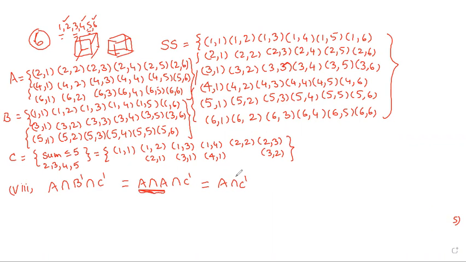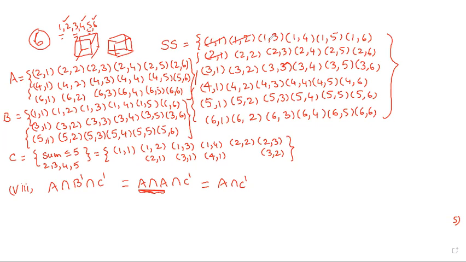A intersection A is A intersection C dash. What are the A elements other than C elements? What are the elements other than C? In C dash, in the sample space only 1 1 and 1 2 remain. I will cancel C: 1 1 cancel in the sample space, 1 2 cancel in the sample space, 2 1 cancel in the sample space.